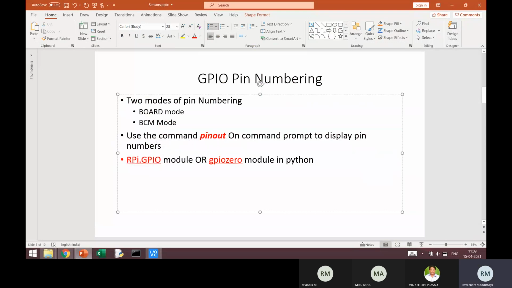This is one of the modules which is already pre-installed in the Raspberry Pi version, I mean the software that you're using. This Python module is already installed. So this is one module that can be used to work with the IO pins.